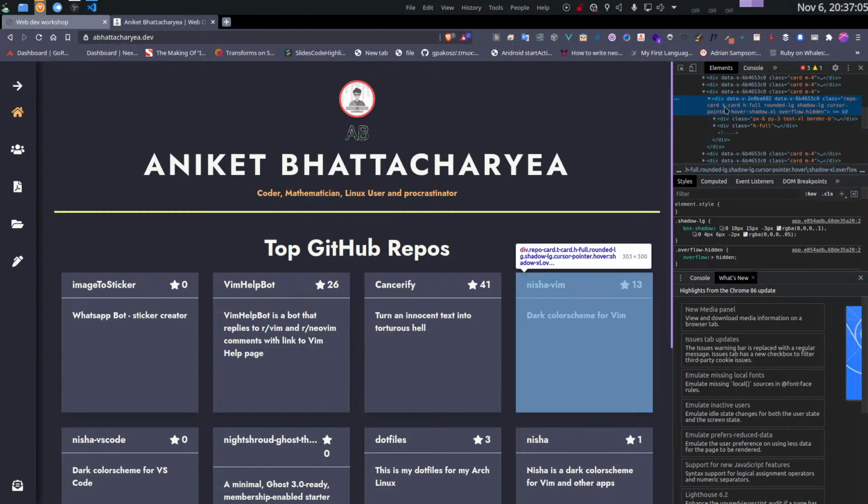But how have I differentiated between these two divs? You can probably easily see that these two look different. This div is a little bit wider and longer, looks like a box. This does not look like that. And the answer is using class. So you can see I have a lot of classes. So this div has